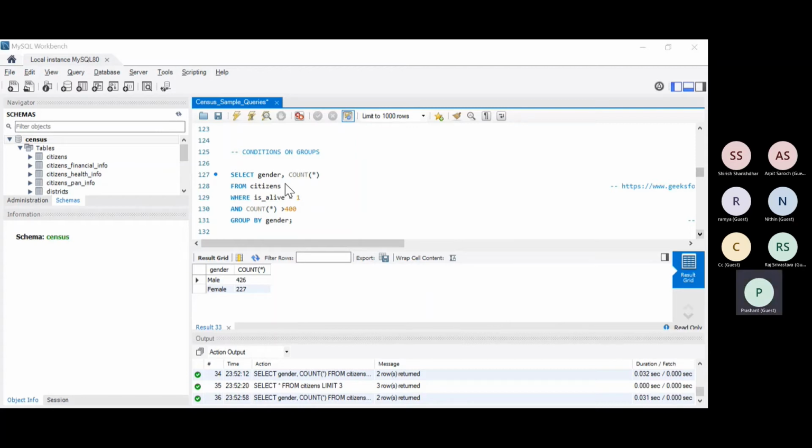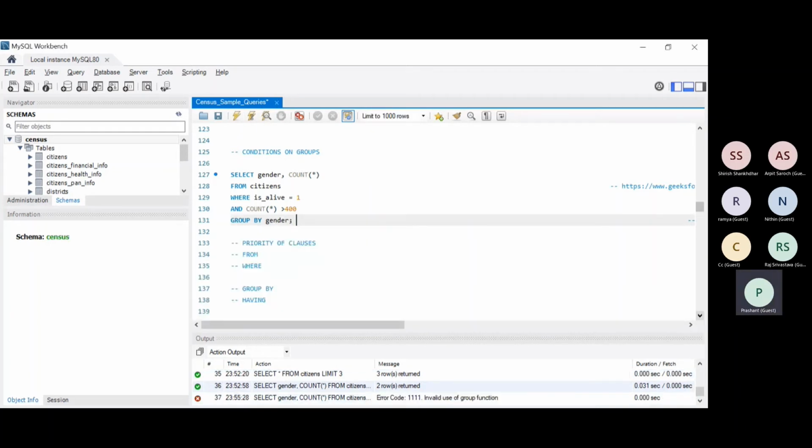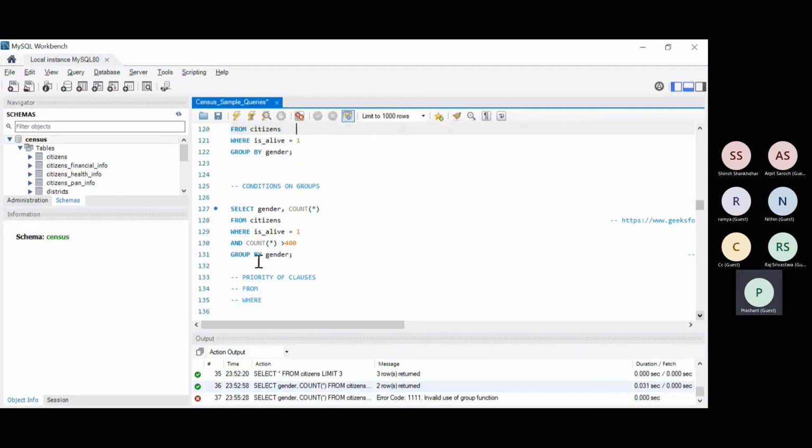All right, I think I understand what Arpit is saying. So let me just quickly go ahead. So if I run this query, you see a cross here. Okay, so this will give an error. The reason it will give an error is that when you're using group by,